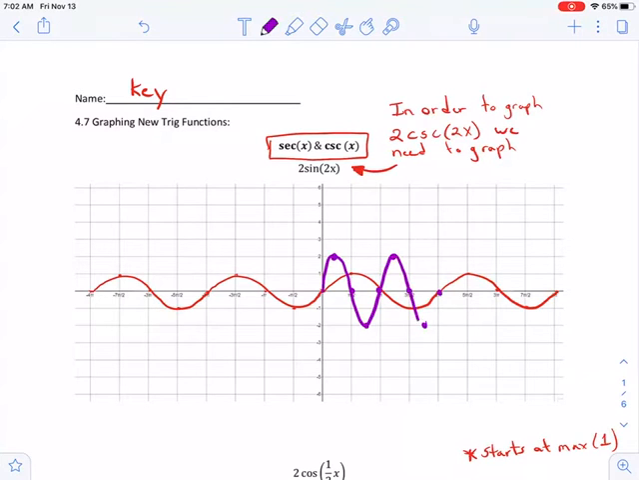So I'm just going to try to complete a few more periods here, just so that we have an idea for exactly how this graph is behaving. And let's get a negative period or 2 in here as well. Okay, so now we have 2 completed,